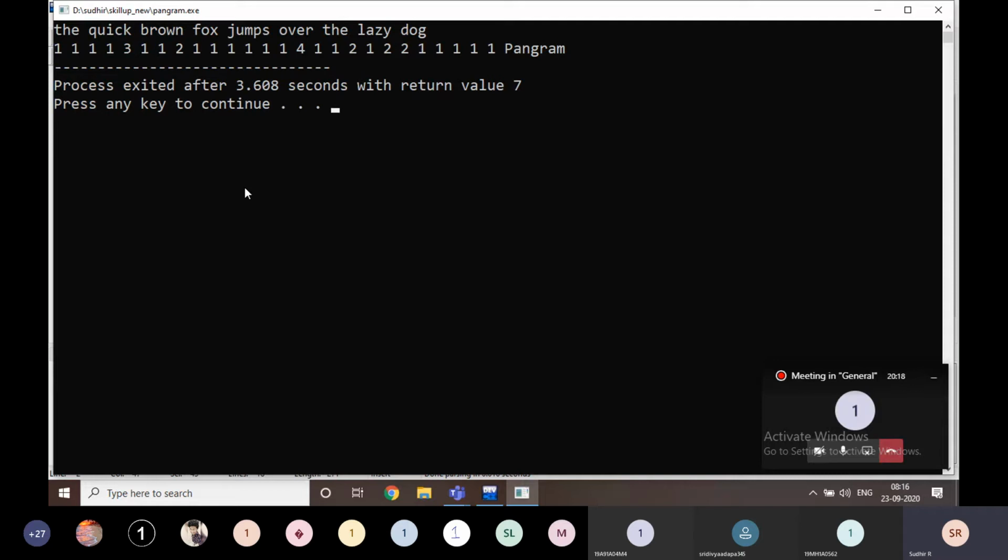I'm going to execute it. This is the string here. Just observe here, students. Is there any 0 value here? No, sir. No, then it is going to be a pangram.